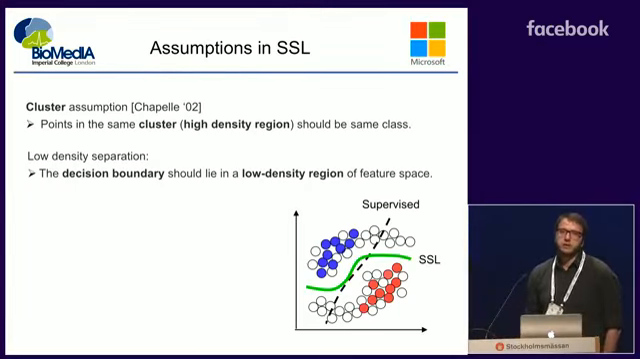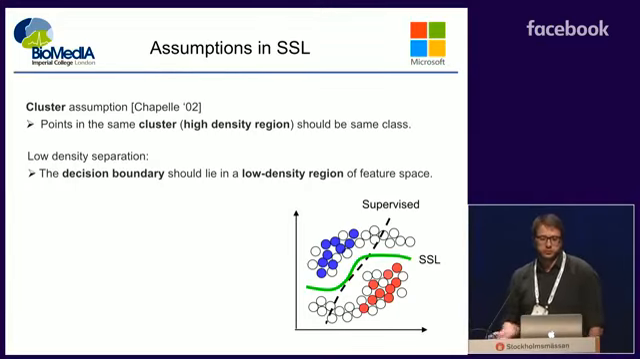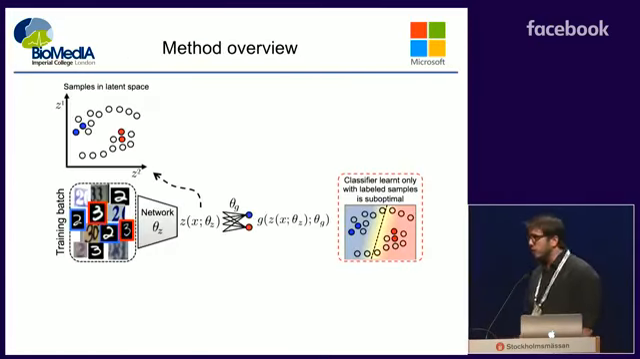And the way that SSL methods do that, SSL for semi-supervised learning, they often assume the so-called cluster assumption, that points that belong to the same cluster in the feature space where we are performing our classification should belong to the same class, which also translates to the decision boundary lying in low density regions. In our work, what we are interested in is to learn a latent space that facilitates class separation,